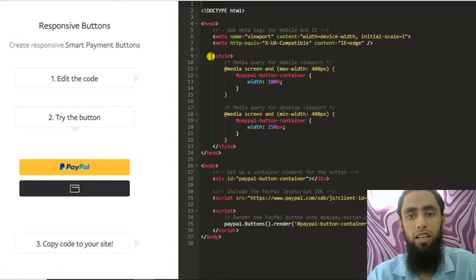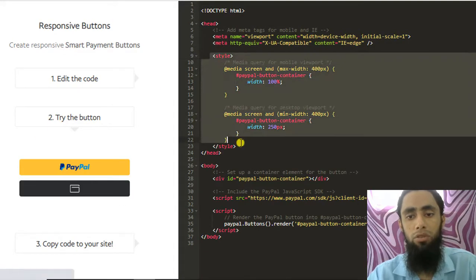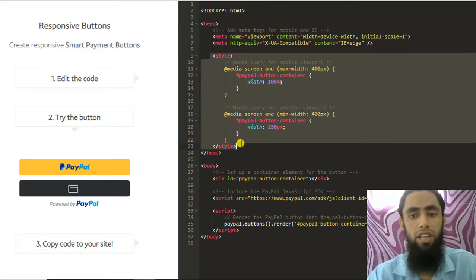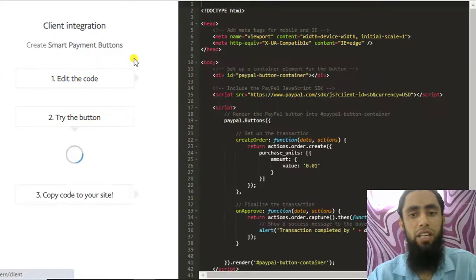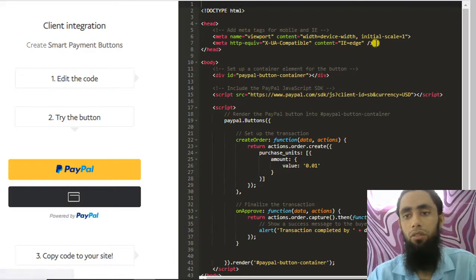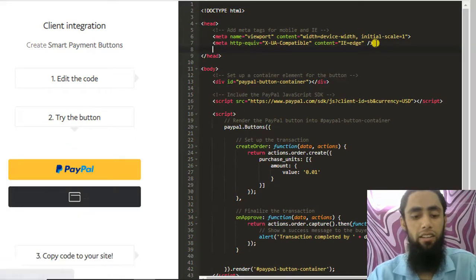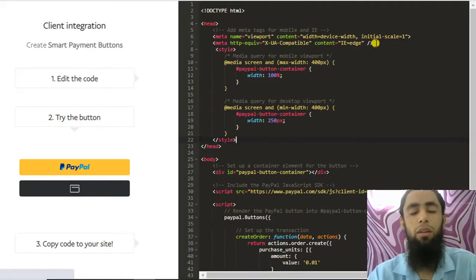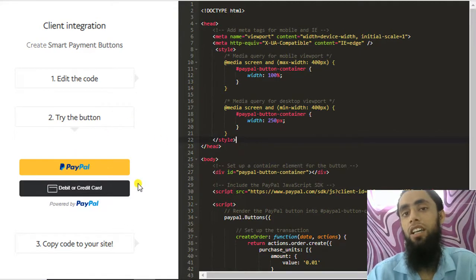So from the responsive you need to copy this whole style tag from here, and let's paste it inside the head tag. Make sure this should be inside the head tag or maybe on the body tag. So you can see that the size gets smaller.